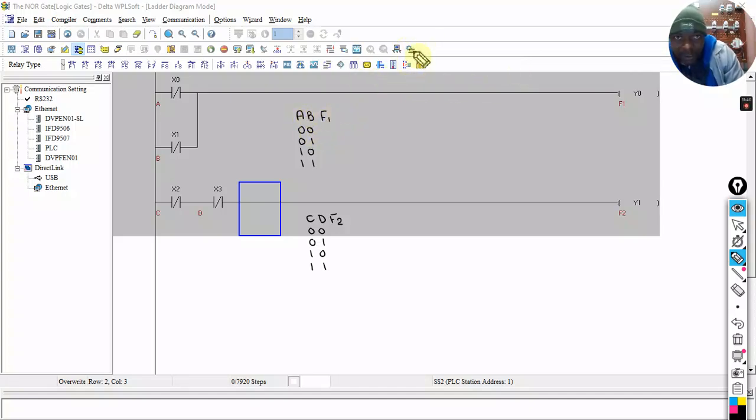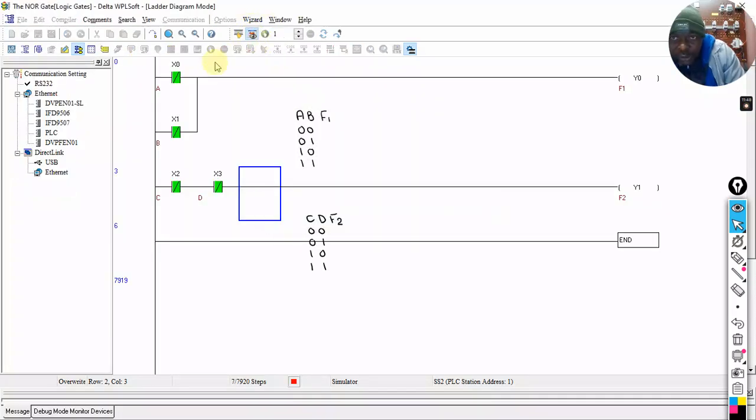Let's simulate this. Now, let's first check for errors. Debug. It shows you that because they are normally closed, you see they are all active, without us doing anything. If you look at the status there,